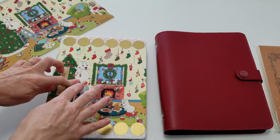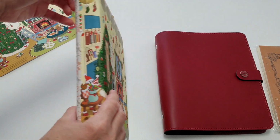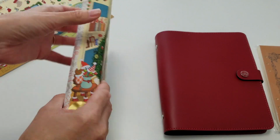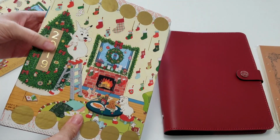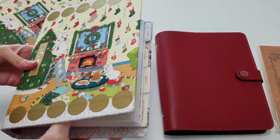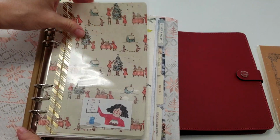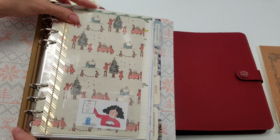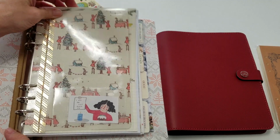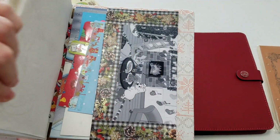So all I did was colour copy it and print it out. So that's been wrapped round there. It just goes up to the spine, and then I just shoved some gold stickers on because they were hanging around, and put the year on, 2019. And then everything's been put in here. I cut that piece up and punched holes in it as a sort of cover, I suppose, really. Everything's been shoved in here, and then the only additional random things at the back